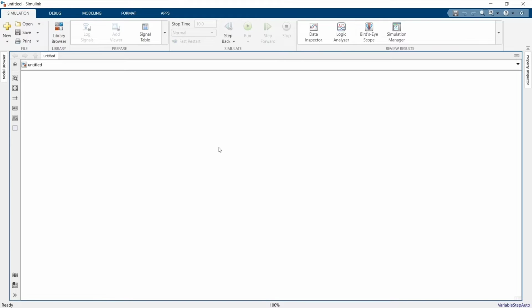So first we need a battery. I'll go to the library browser and search for a battery. Here we have a battery. Let me drag and drop the battery from the library. I'll double click on the battery and edit the battery properties. For this lesson, we are going to use a 48 volt and 94 Ah battery. The initial state of charge will be 88. Apply and close the